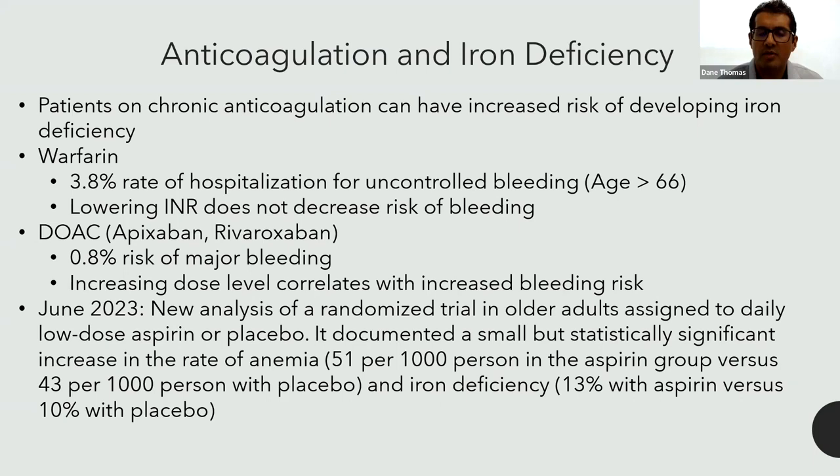The study documented a small but statistically significant increase in the rate of anemia, 51 per 1,000 persons in the aspirin group versus 43 per 1,000 persons with placebo, and an iron deficiency in 13% of patients with aspirin use versus 10% with placebo use. Although this doesn't sound dramatic or huge,